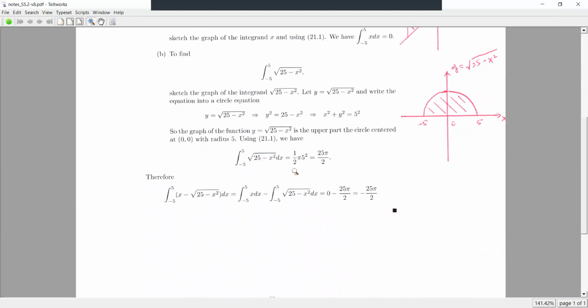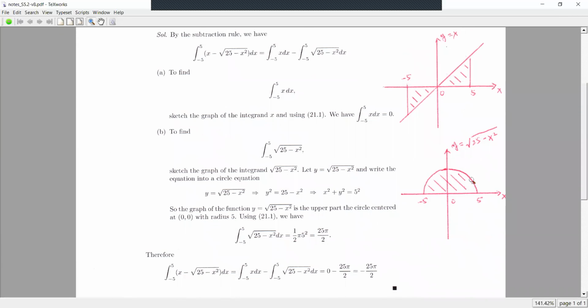The circle, the radius is 5. Center is the origin. The full circle area is pi r squared, so pi 5 squared. Then half, so divided by 2. So therefore, this number is this integral. Okay, now